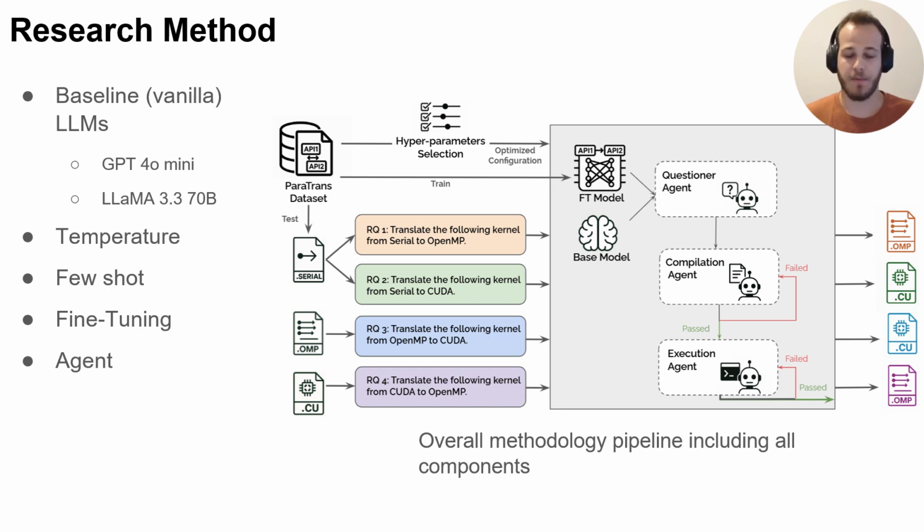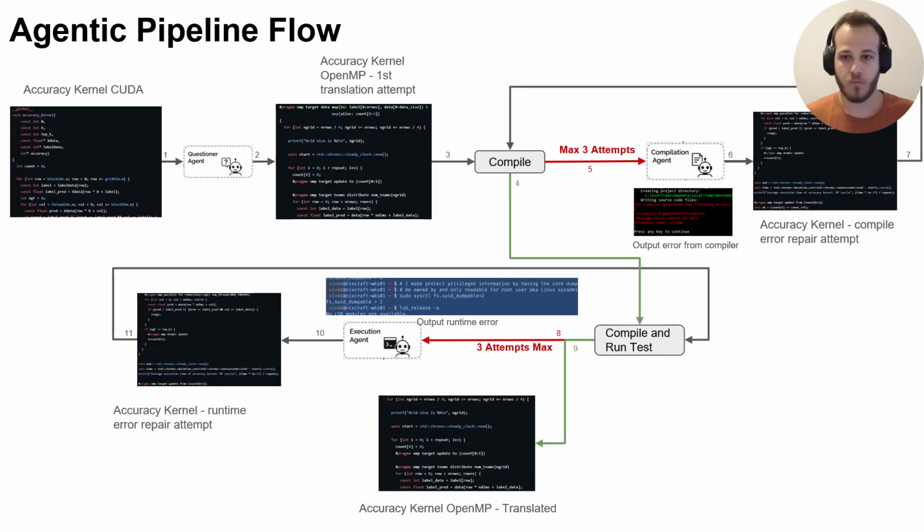Let's focus for a second on the agent pipeline. What we tried to do is take the absolute simplest to implement approach for making the process more dynamic, similar to how real programmers interact with their code. So they do some task translation, they try to compile it, they see what the feedback is, and then they learn from it and try to change it.